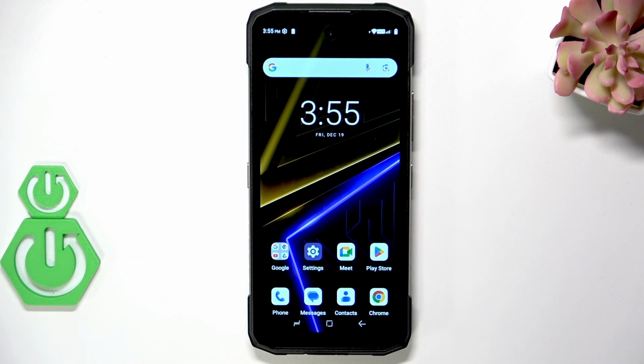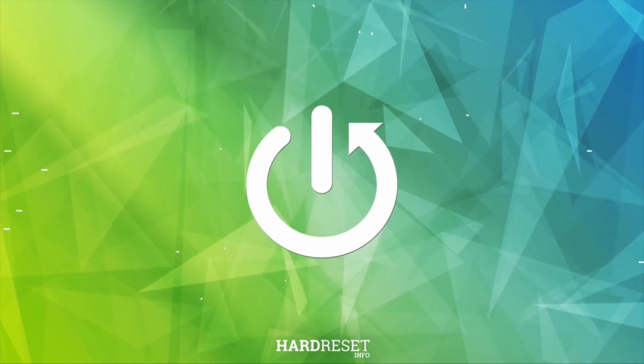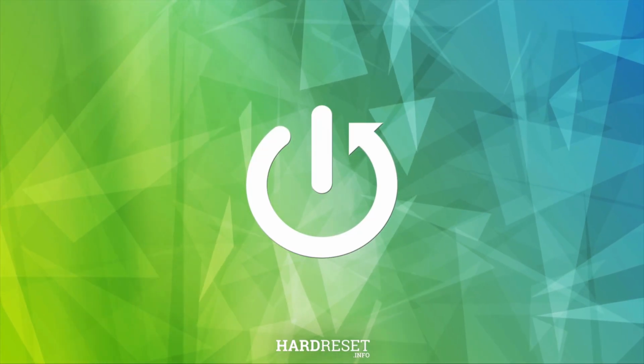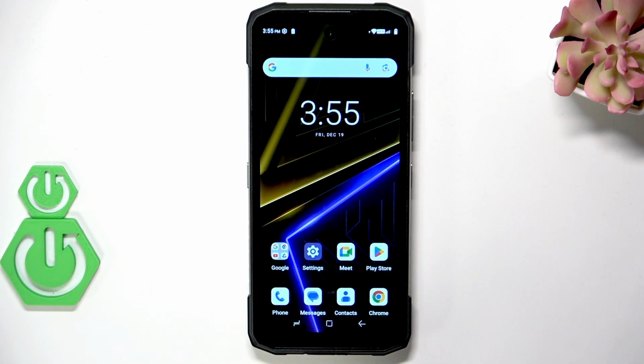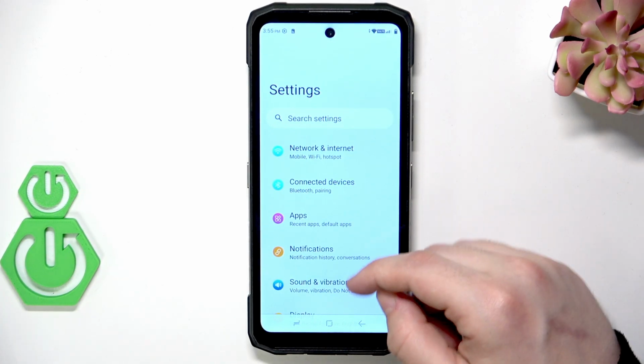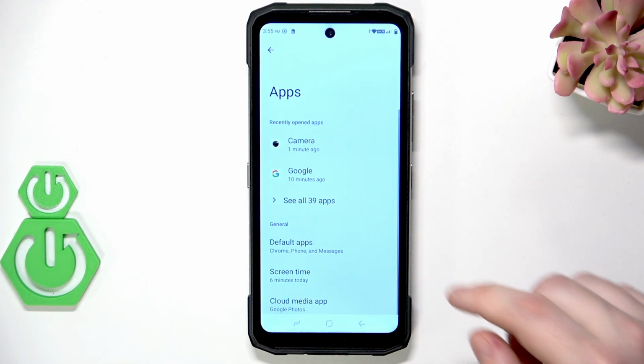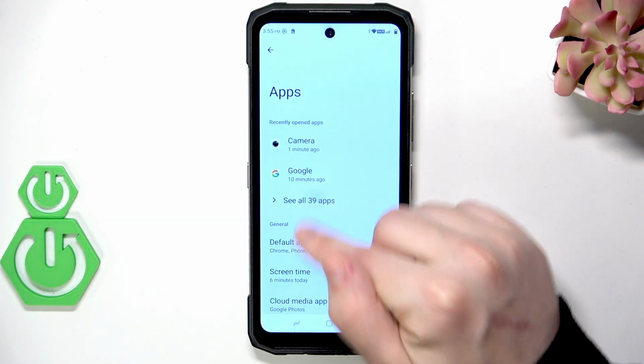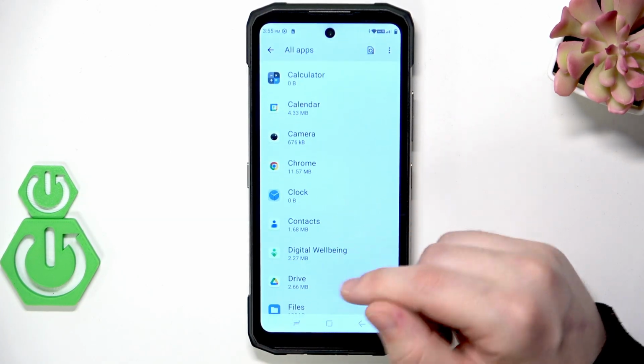Hello, in this video I'm going to show you how to fix camera app freezing or crashing on DOOGEE smartphone. Okay, so let's open up our settings. Now let's find the apps and in here click on see all, and now we need to find our camera